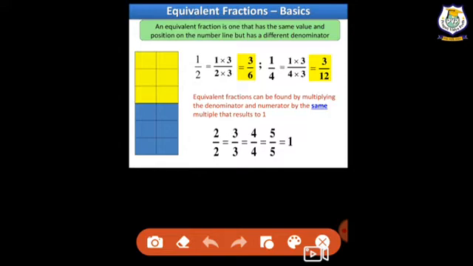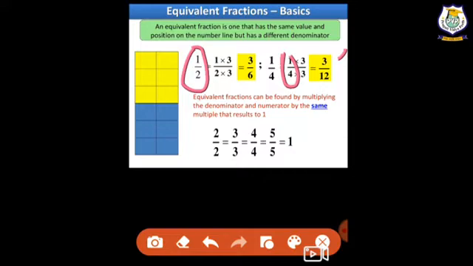So, same thing we have to do here, like 1 upon 2 is given, right? For writing down the equivalent fraction, what we will have to do is multiply that 1 by 2 by 3. So here it is 3 upon 6. Now 1 upon 4, the second example, is taken. 1 upon 4 is multiplied by 3, so it's 3 upon 12.